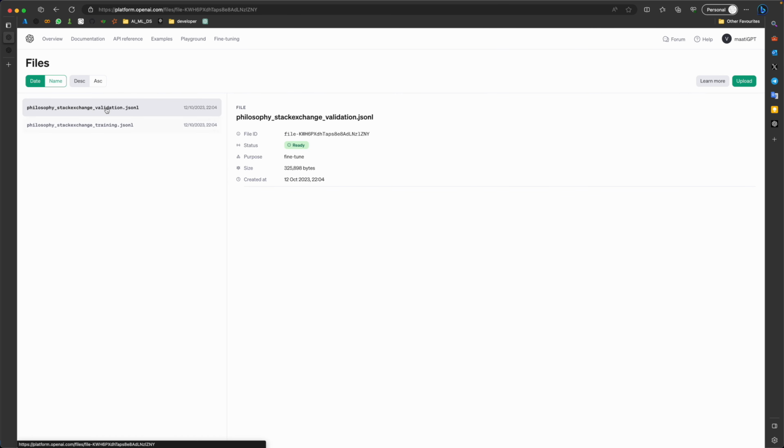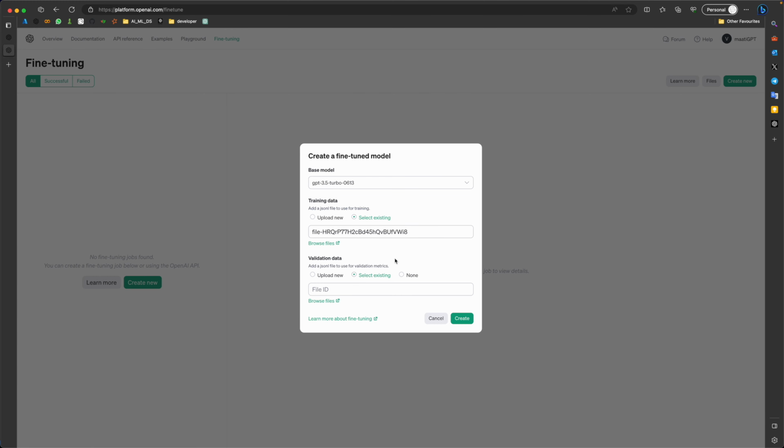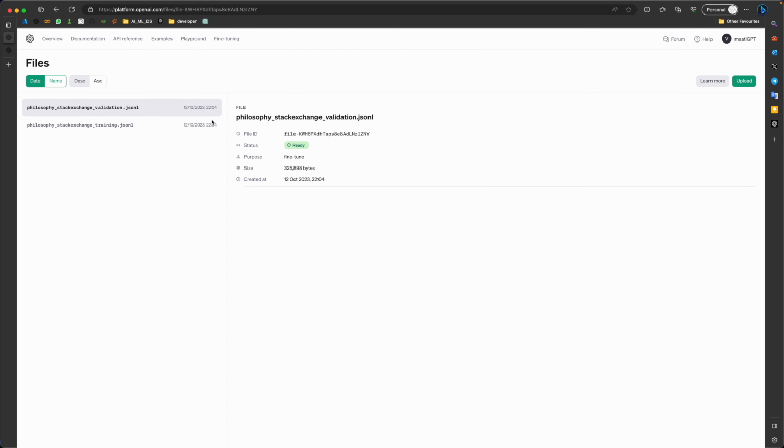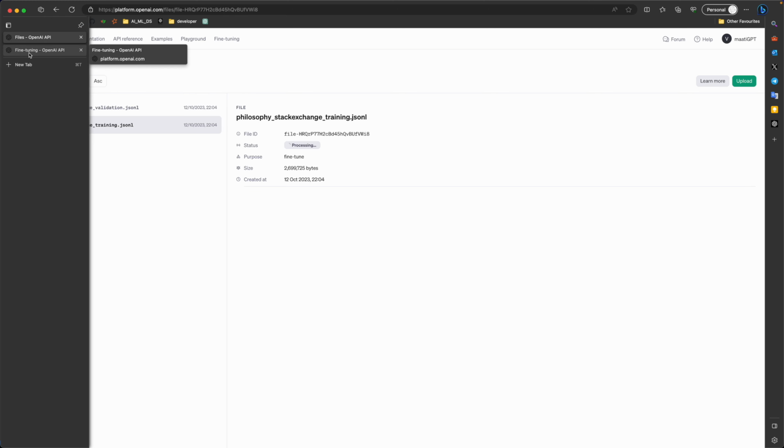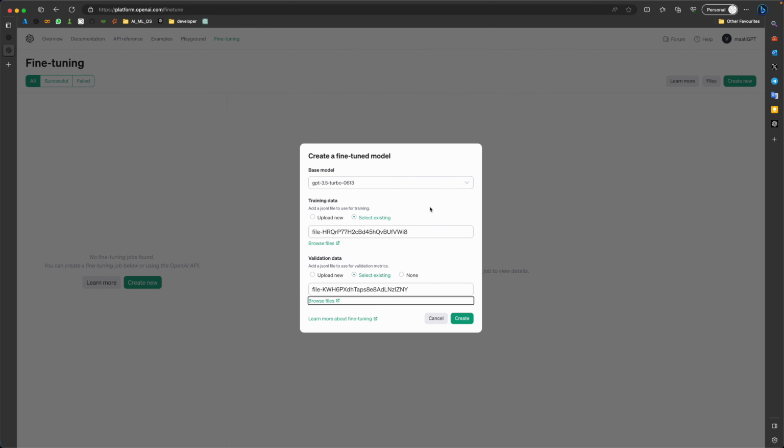So let's pick up the file ID. Okay, let's see if I can already proceed with fine tuning before the processing of the file has happened. I think that should be okay because we already have a file ID. So let's go ahead and create,